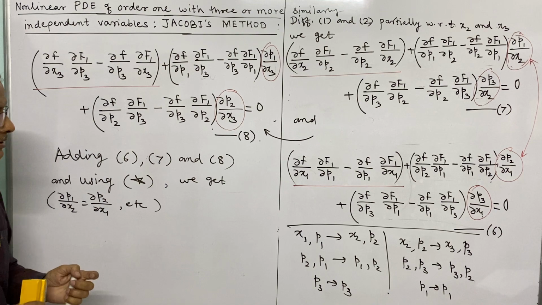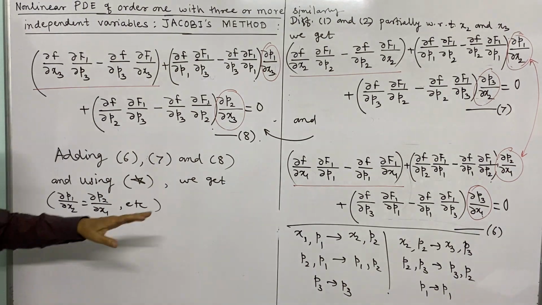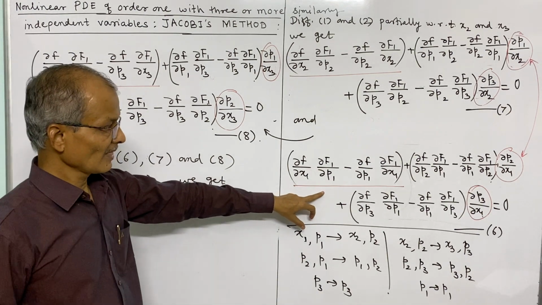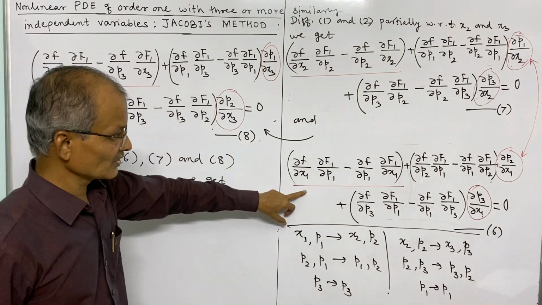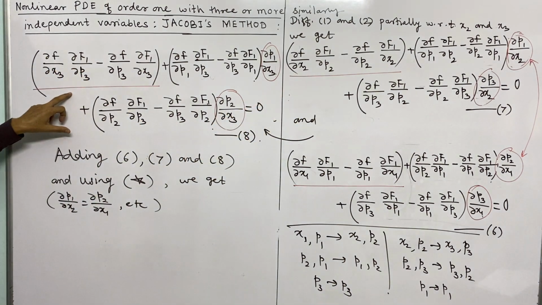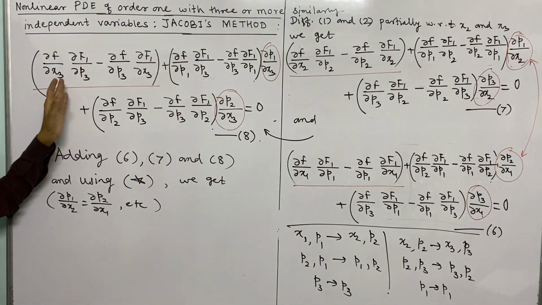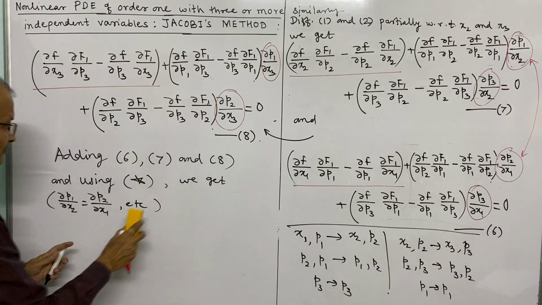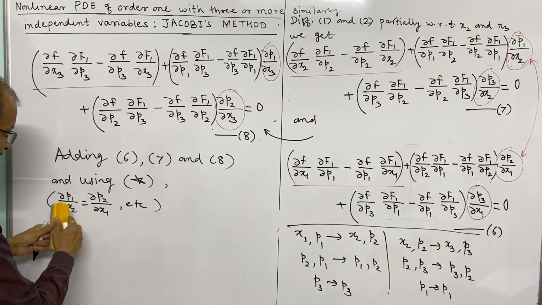In all, what we observe is that the remaining terms get cancelled and only the underlying terms remain. So this term remains from the 6th equation, this term remains from the 7th equation, and this term remains from the 8th equation. All others are equal and opposite, and that gets cancelled. So therefore what we shall get is, using star, we get,